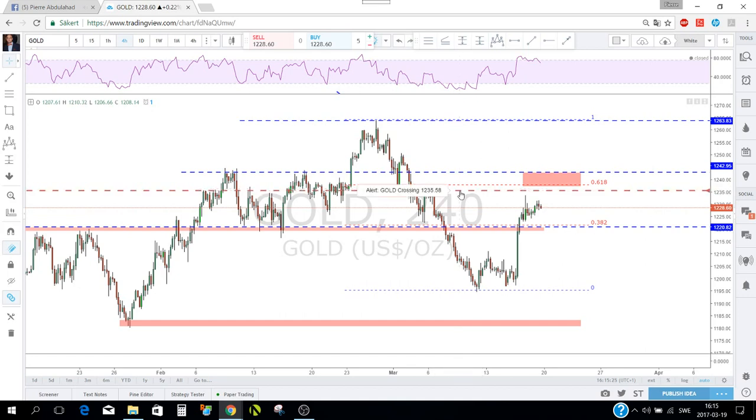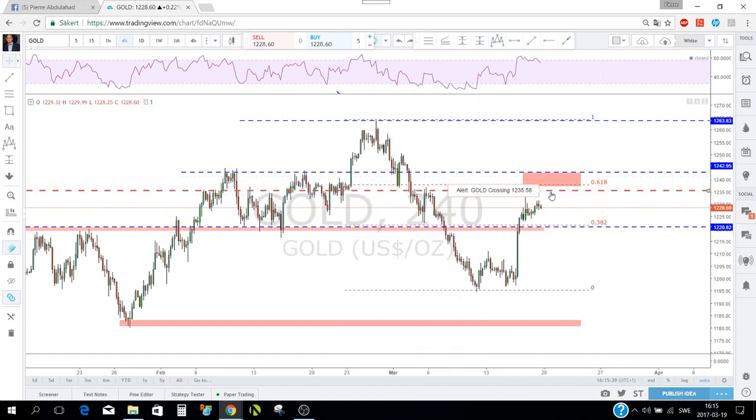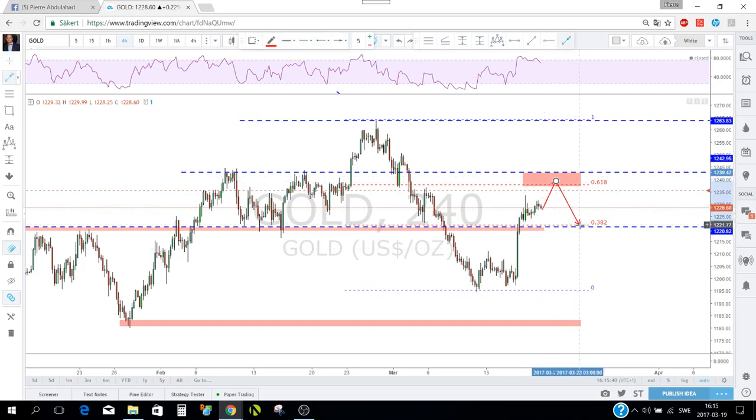So as you see, my alert on TradingView is in this area here, because when and if price come to this area, I will be looking for maybe bearish opportunities to find maybe entry reason to try to short the gold from this level at the retest of this neckline and this resistance area up here, yeah,